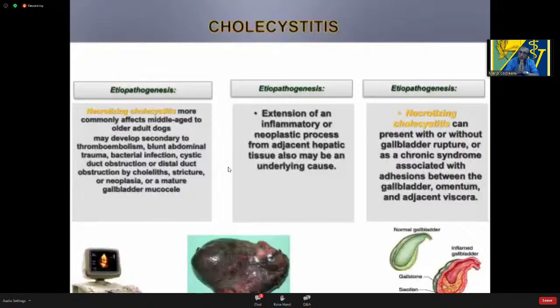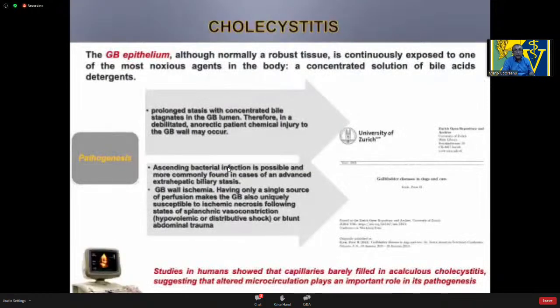Also, this medical condition can occur with or without gallbladder rupture. That means it can represent an important medical, even an emergency condition, or can develop and appear as a chronic syndrome, in very many cases associated with local adhesions between the gallbladder wall, the omentum, adjacent viscera, and so on. It's important to remember that the gallbladder epithelium,